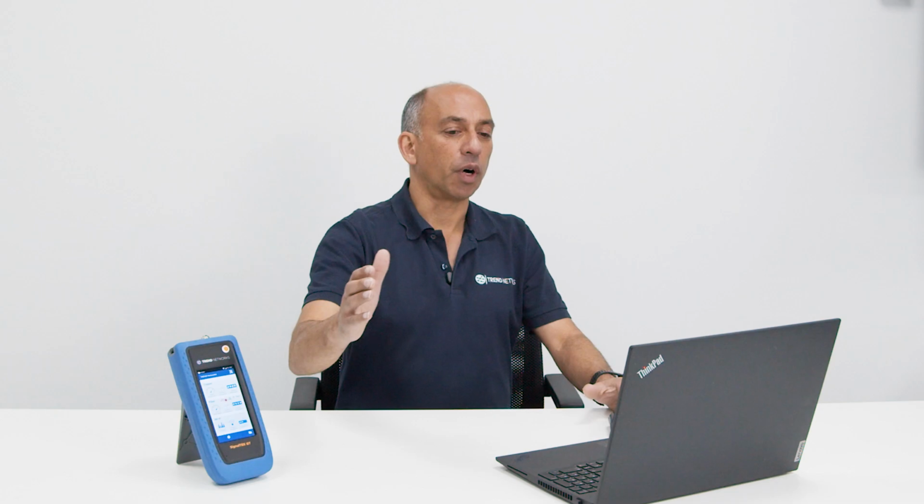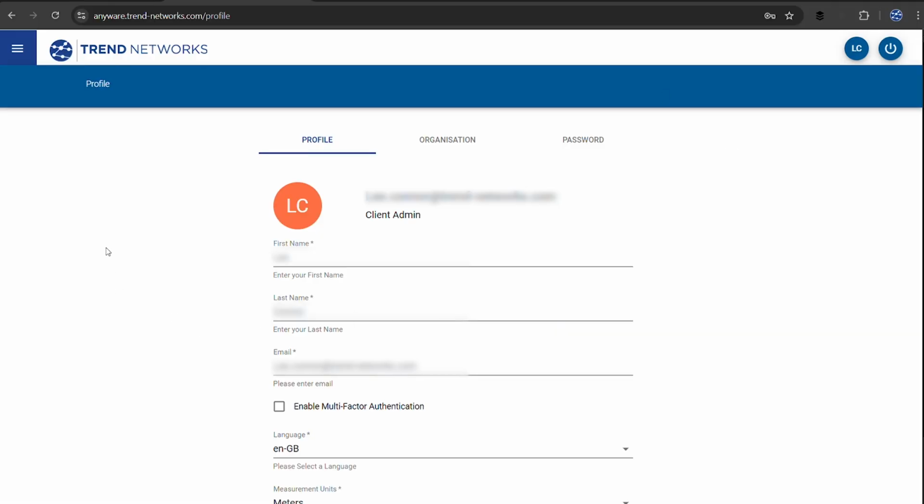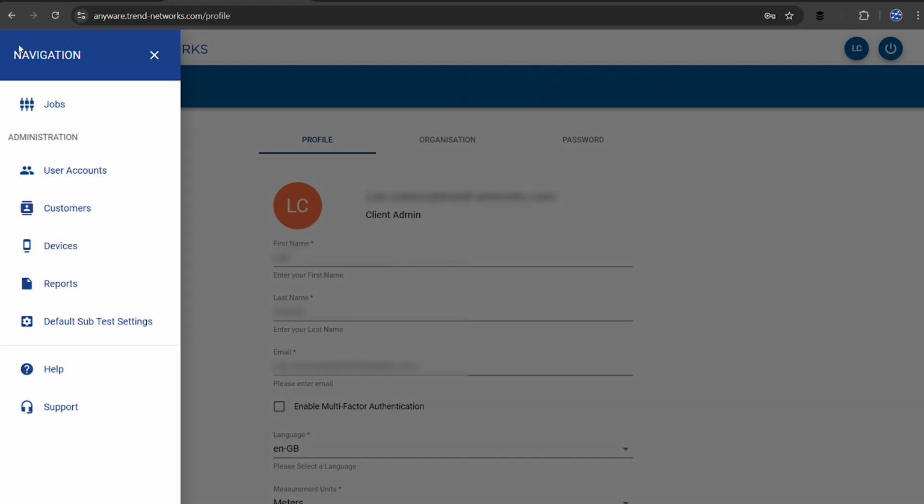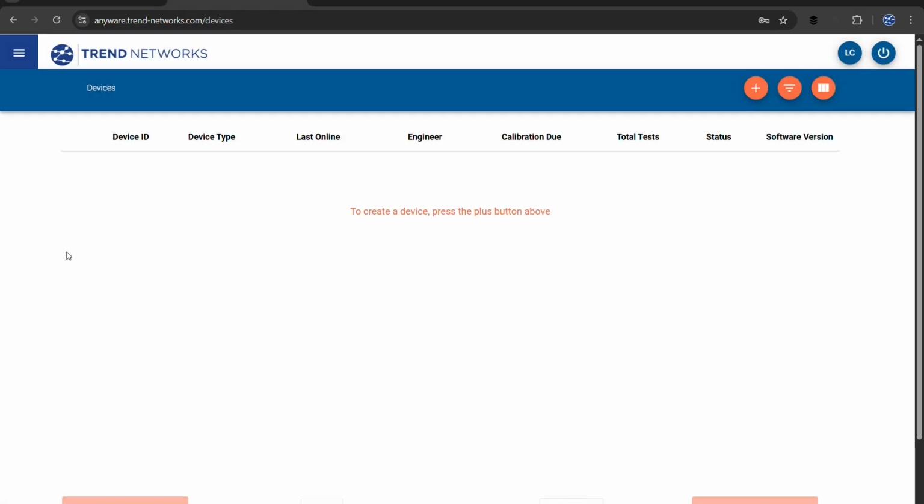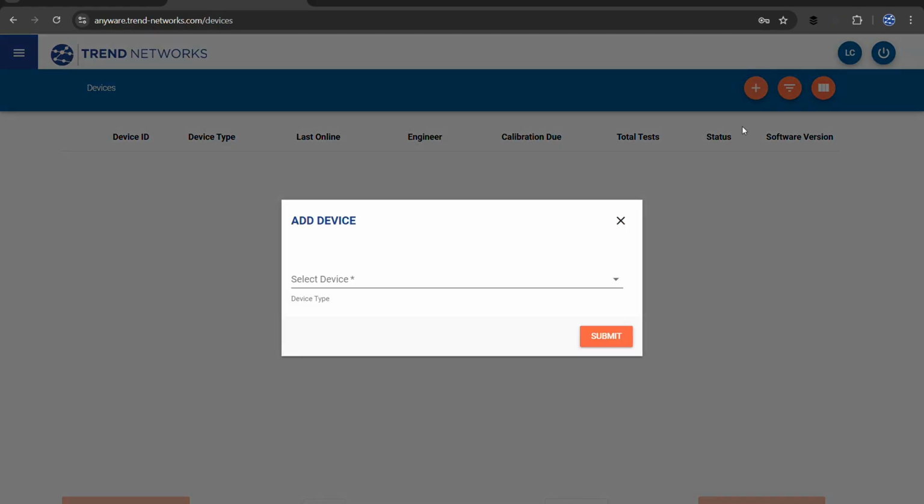And now to add a device. To do that, we would just move to the main menu, which is in the top left-hand corner here, and look for devices. So just scroll down, there's various options, but in this case, we would like to add a device. To add devices, once we're in this area, use the plus button at the top of the ribbon,